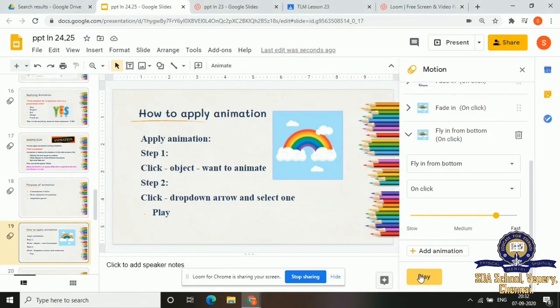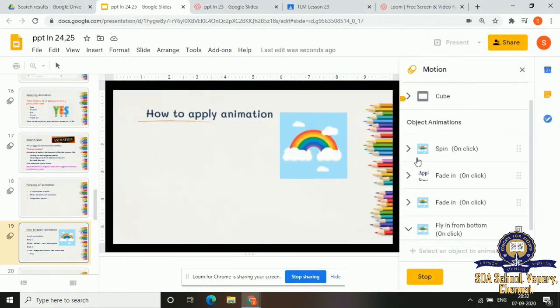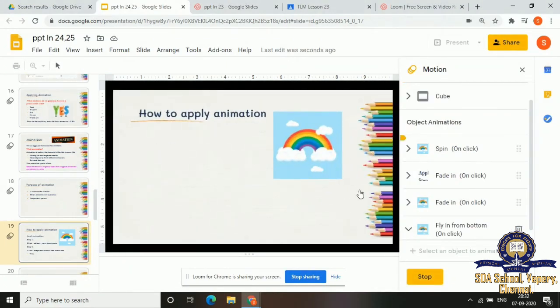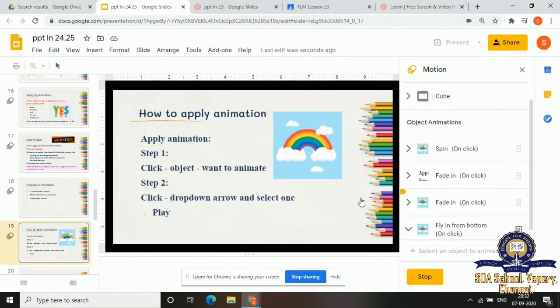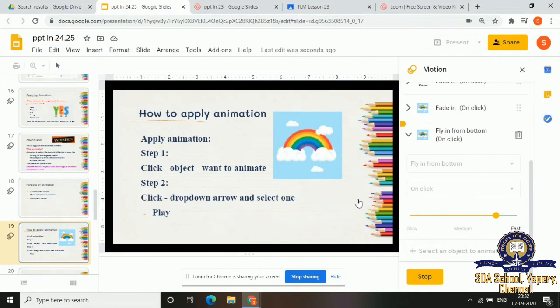So play. See, it flew from bottom, fly in from bottom. It came from the bottom. So that is how you do your animation.